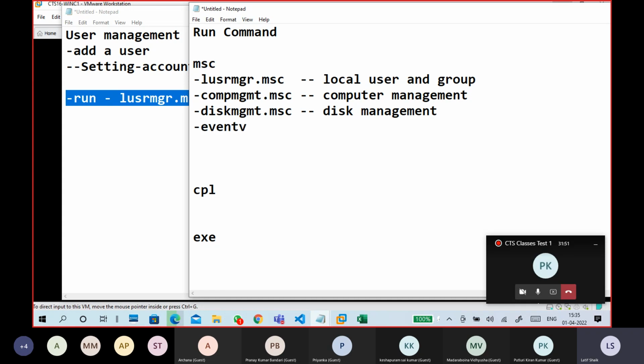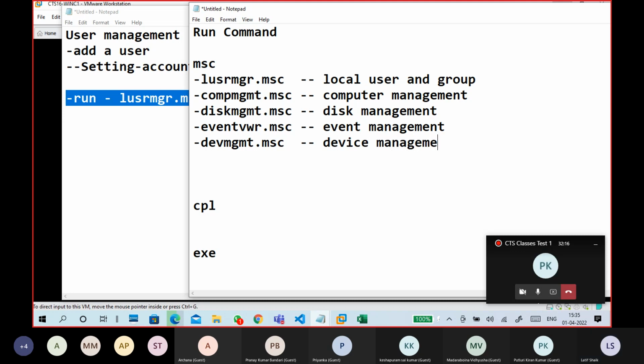Eventvwr.msc, event management, disk management, device management, devmgmt.msc. Okay, like this. So depending upon situations, we use different kinds of stuff. Okay, so these are the run commands.